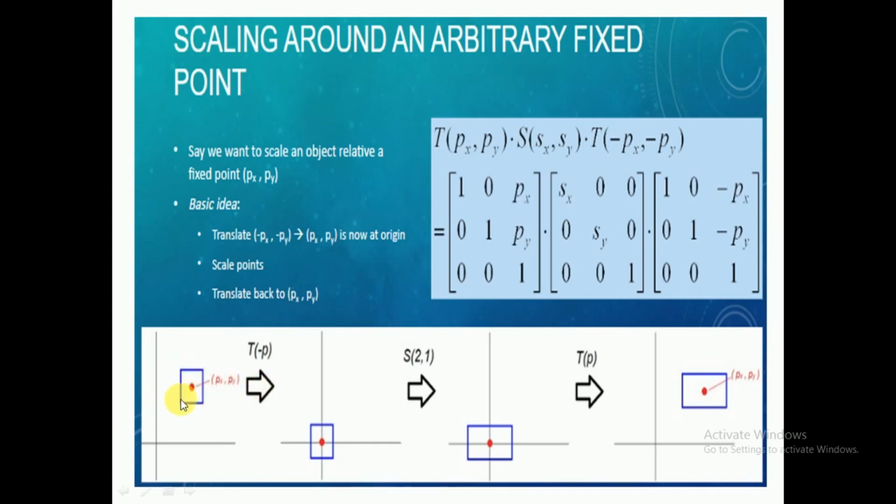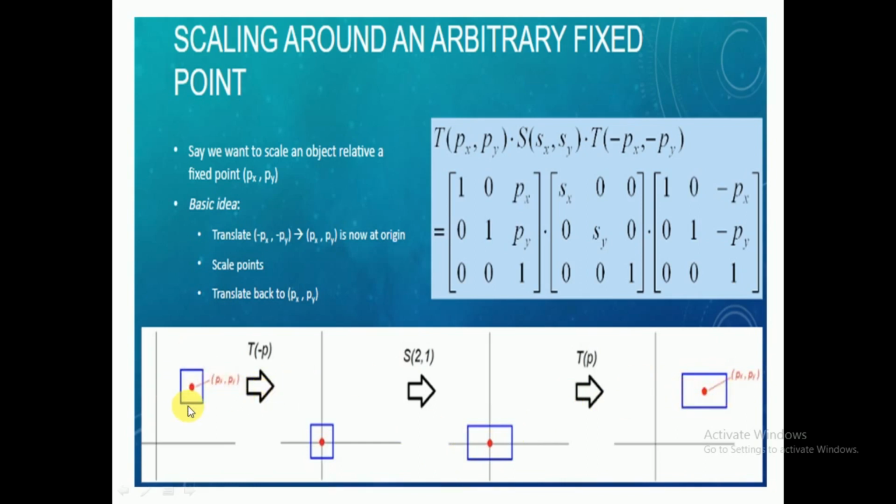Then how to do it? Again, I don't have a matrix for this. I have a scaling matrix with respect to origin. Then how to do this? Again, same thing. You align in such a way that this point must coincide with origin. That we have done here. That is inverse translation; it will come to here. Then you scale here. You have a scaling matrix here, right? You scale whatever amount you want in the x direction and the y direction. Then you have scaled, but with respect to origin. But where you want that point, you want somewhere here. Then what you have to do? You translate back. Again translate back to P1. Then you will get the scale.